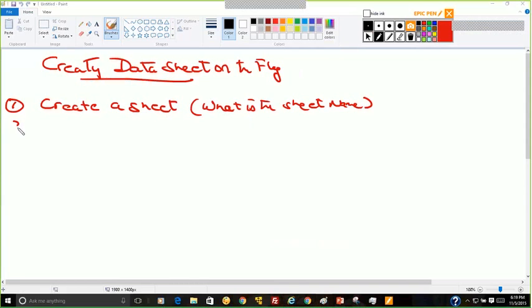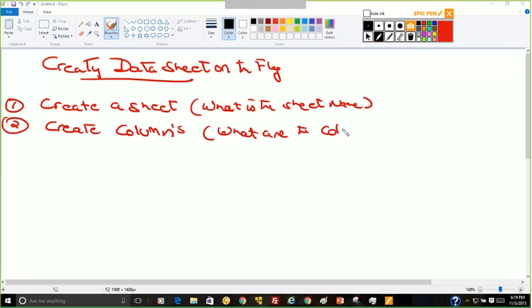The second step would be to create columns. So here you will say what are the column names. Third,